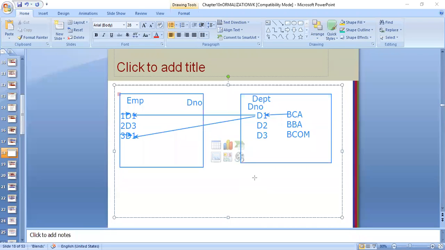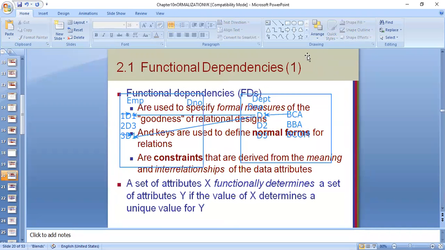Now let us see what a bad table is. A bad table example is given here in the slide, so let us look at that. What do you mean by a spurious table? I'll have to clear